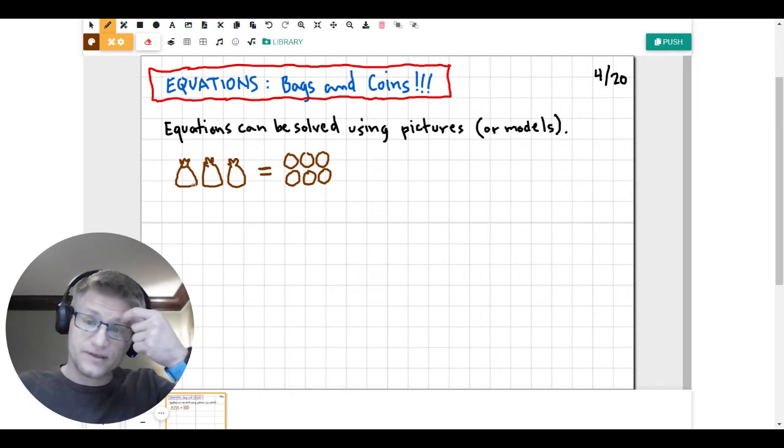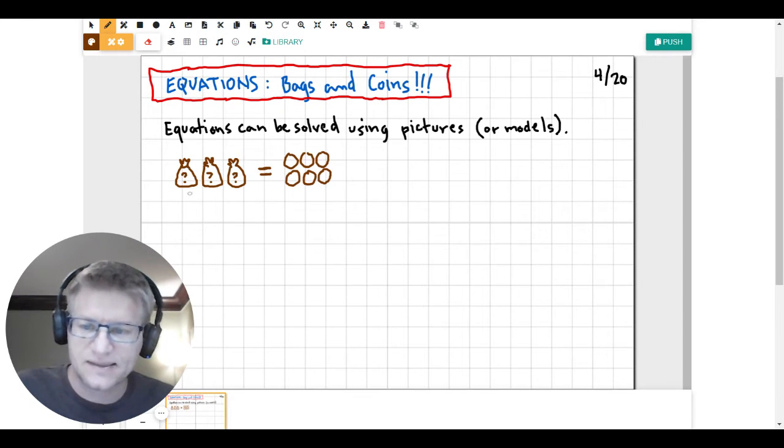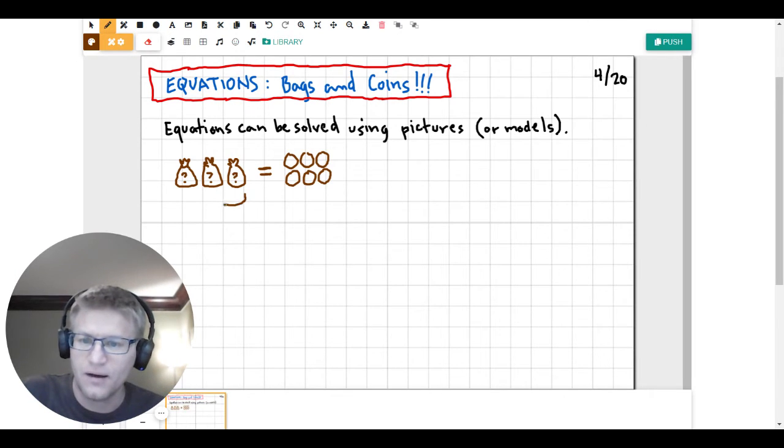One way to think about this is my bags are unknowns. I'm going to put a little question mark in them. How much is in each bag? But what I do know is that every bag has the exact same amount of coins. So we're going to write this as an equation. Over on this side, I have